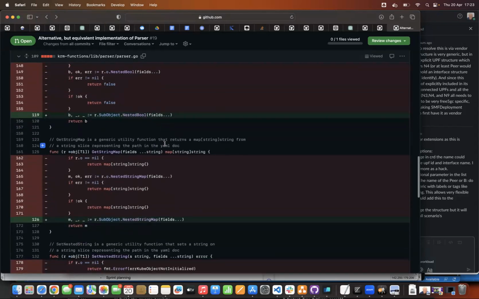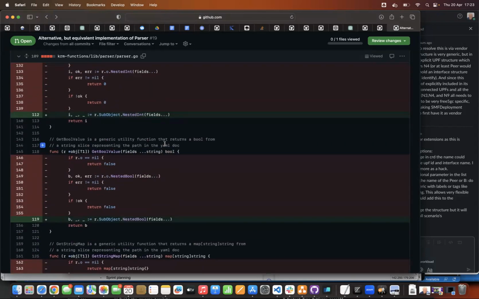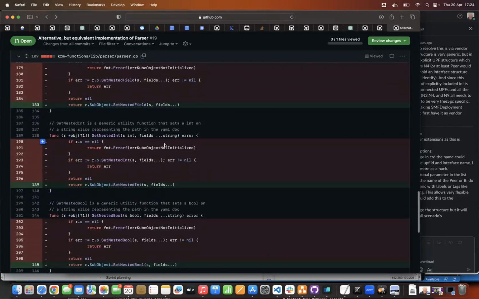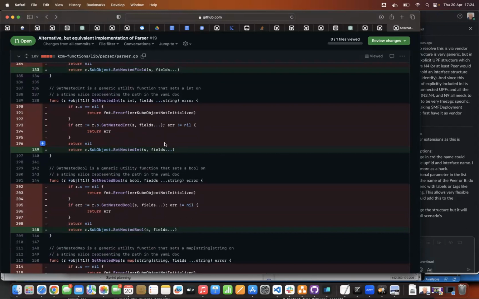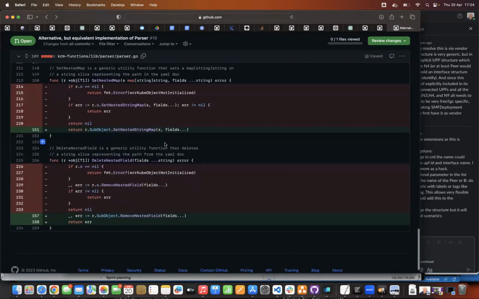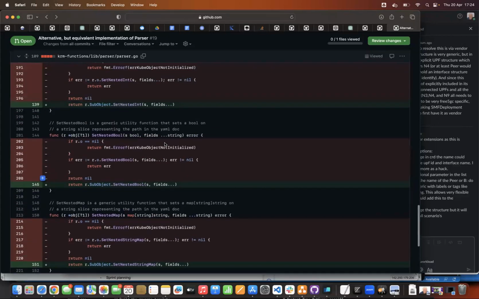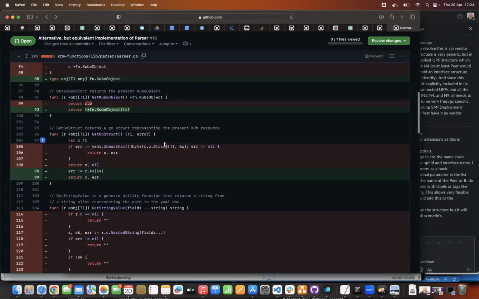And the other thing I did is that we have these 4 functions that you also mentioned, Bala, that are basically converting back and forth between the cube object representation and the Go struct representation in various ways. These are new from cube object, new from YAML, get Go struct, things like that. And those are also implemented as upstream SDK functions. So none of these that I committed import anything new. There are no utility functions, anything. It is only implemented by the upstream SDK that we are using.